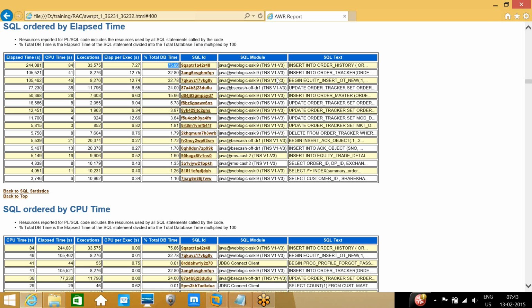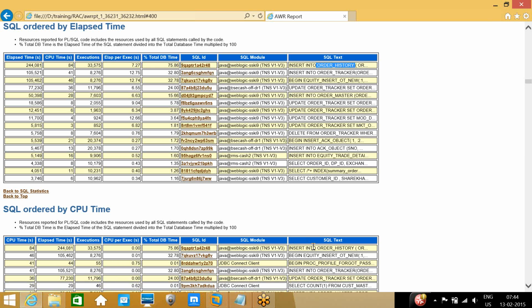So there is something wrong with one of the insert statements among these top 10 SQLs. Order history is my table. Let us see whether this same SQL is available in other sections or not. Will the SQL ID be the same, or different for the same SQL? For the same SQL it will be the same, a single unique SQL ID, so we can find it by SQL ID.